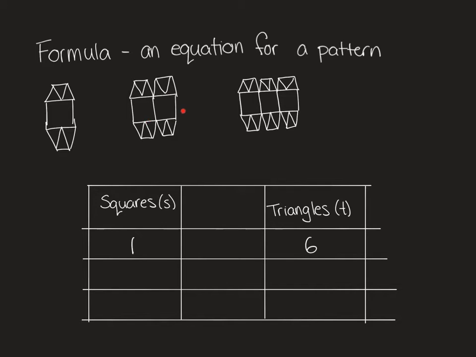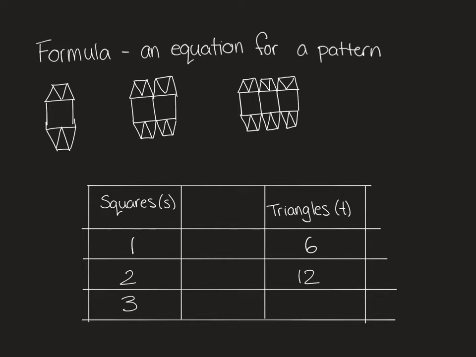When we look at the next figure, it has 2 squares and it has 3, 6, 9, 12 triangles. Finally, if we look at our last figure, we have 3 squares, and there are 3, 6, 9, 12, 15,